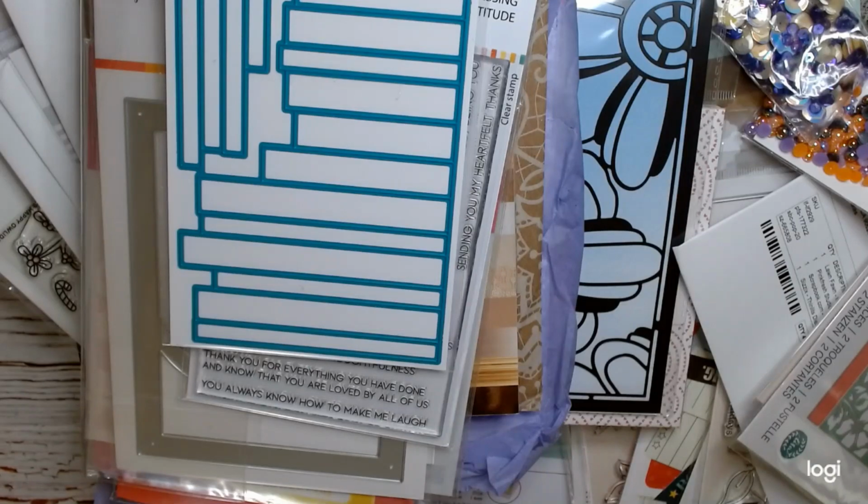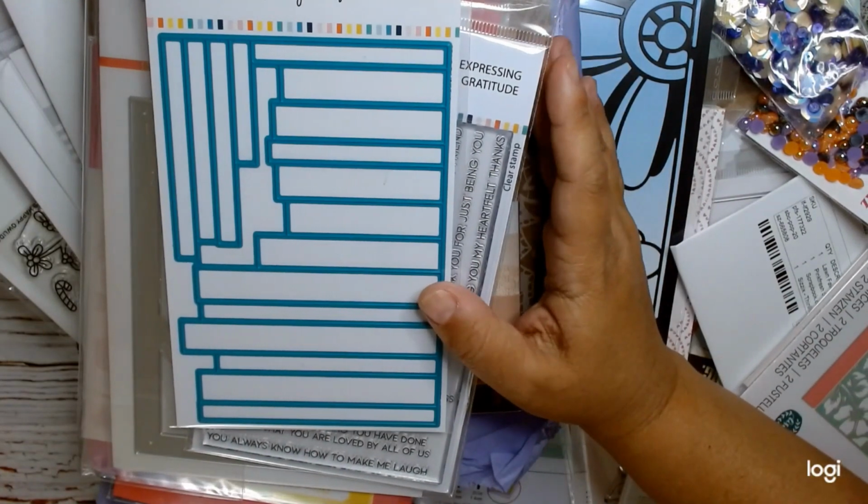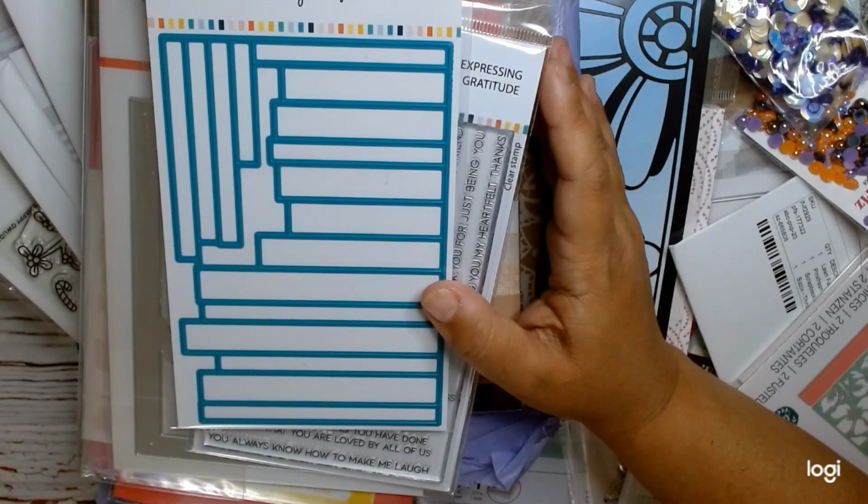I have a huge haul. So I'm going to go ahead and get into it. I'm going to be sharing with you guys just a bunch of stuff that I got, especially from scrapbook.com, and sort of some of the free gifts. These are all the free gifts that I got, because I think I forgot the,